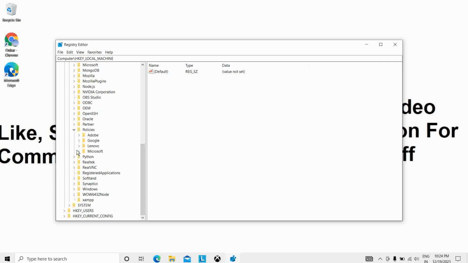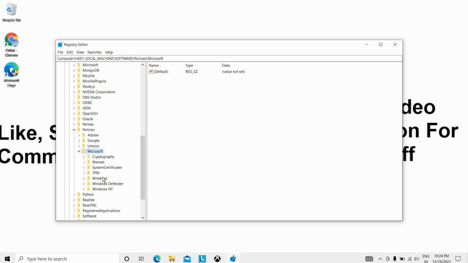You can see the Microsoft here. Then right click on the Windows folder and select New Key from the menu. Finally, double click on Microsoft.